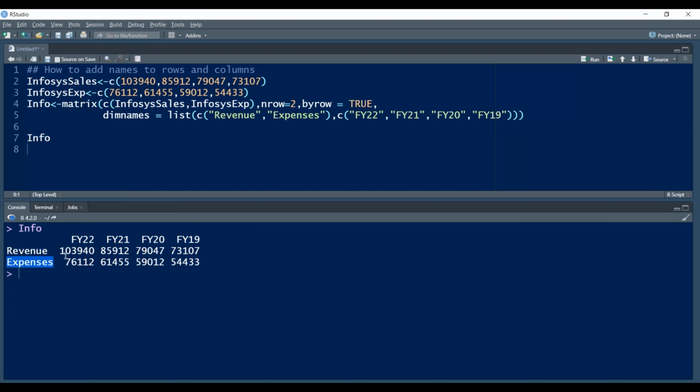So in this way our matrix will look like when we use this function. Try to understand what this function is. We have first created an Infosys sales vector, then we have created Infosys expenses. That data we can get easily from the websites. So we created this vector, and then we use the matrix function to which we add these vectors, Infosys sales